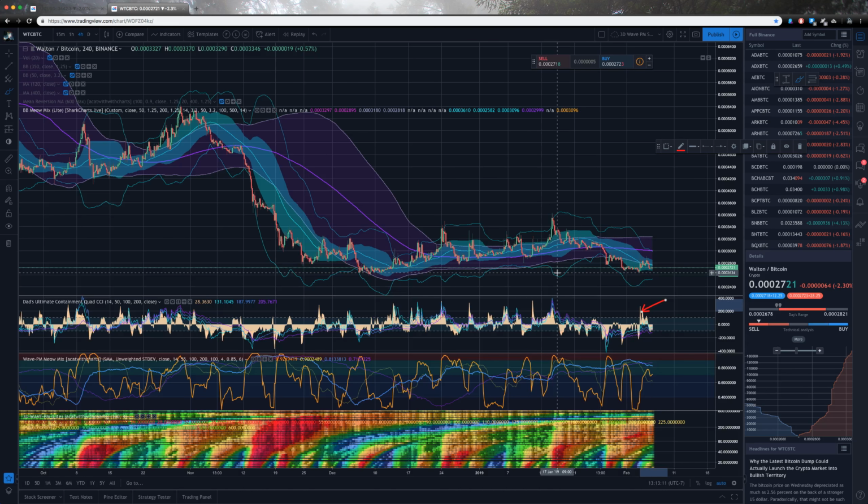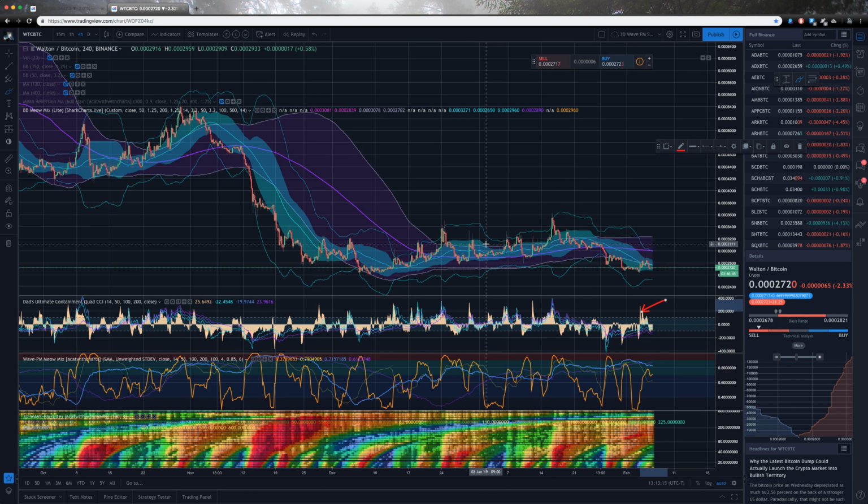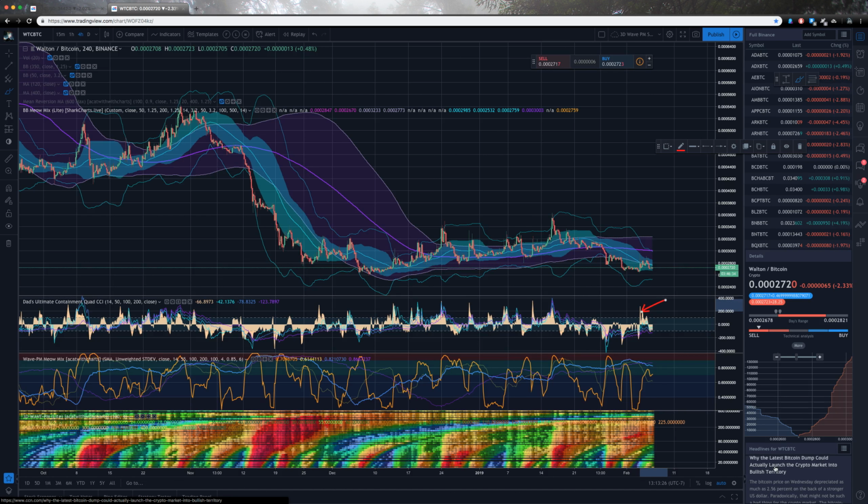And you guys need to ask me some questions. Oh God, look at this headline. Why the latest Bitcoin dump could actually launch the crypto market into bullish territory. I know if I click on this article, I'm just going to go down a scathing rabbit hole. But it's really tempting. And you know, he's probably right? If we test the weekly 200, that is going to be a bullish move. So I can't really hate all that much. It's just, I really don't like that kind of clickbait writing. Except that one's a little bit better than usual. I digress.